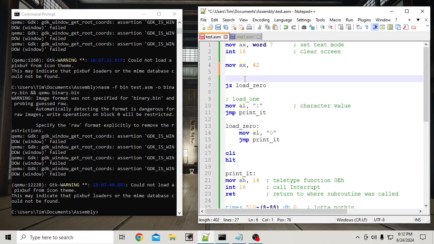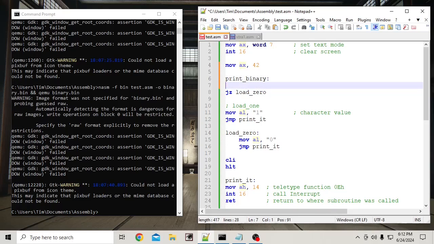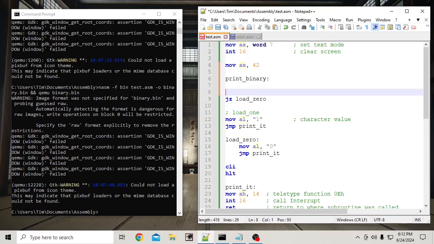Okay, so I'm going to make a little subroutine, I guess, to print in binary. We've already figured out how to check for ones and zeros, right? So what we need to do next basically is just check one slot in the binary spectrum, and the way we do that is using test. Let's see, but hang on. First,